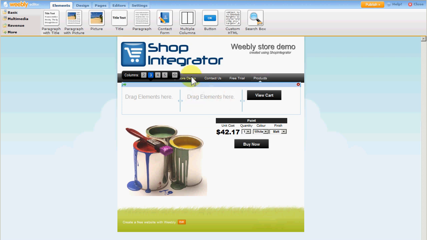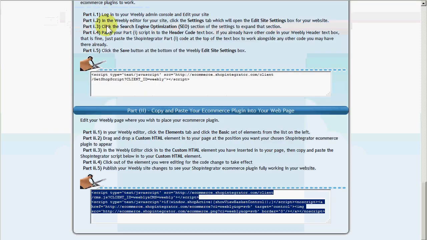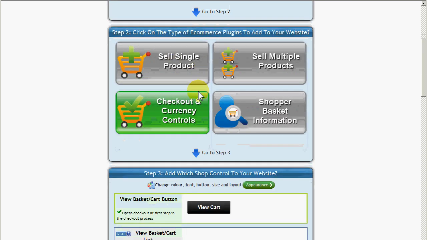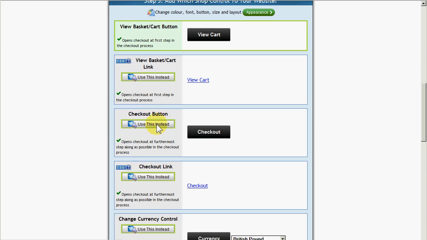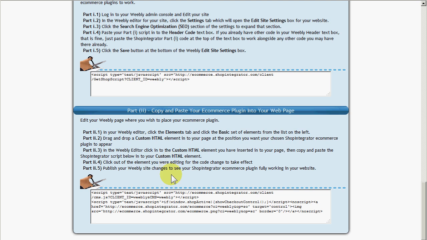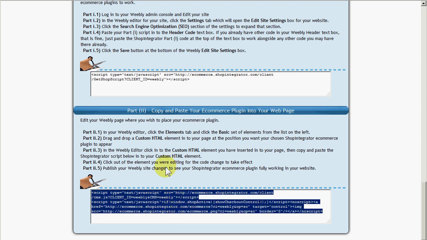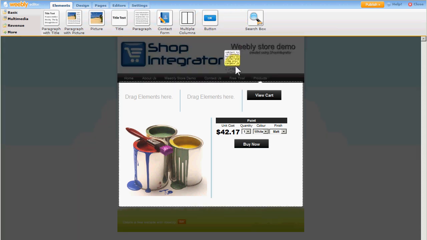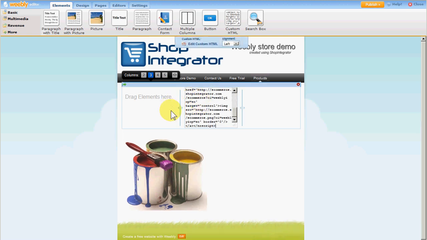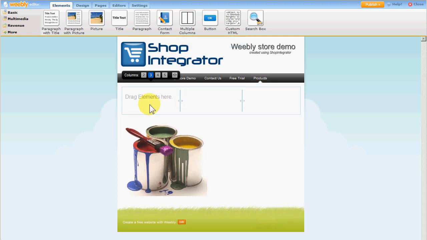So now in this slot I'm going to put a checkout button. So simply go to your ShopIntegrator web admin, and already chosen. So let's pick the checkout button. Let's use that instead. So now straight to the part 2. Copy that. Drag a custom HTML element in, and when I click on that, paste that in, click away, I'm going to see my checkout button,